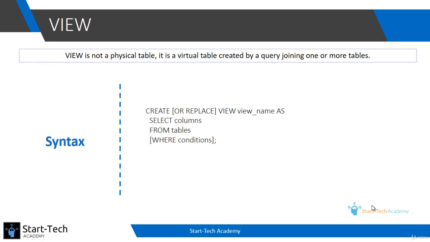In this video we will learn about views. A view is a query. It is not a table, but it behaves like a table. Whenever you look at a view, it will contain contents like a table, but it will actually be a query. So what is the use of this virtual table? This virtual table is used because it gives us ease of use, space savings, and data security.